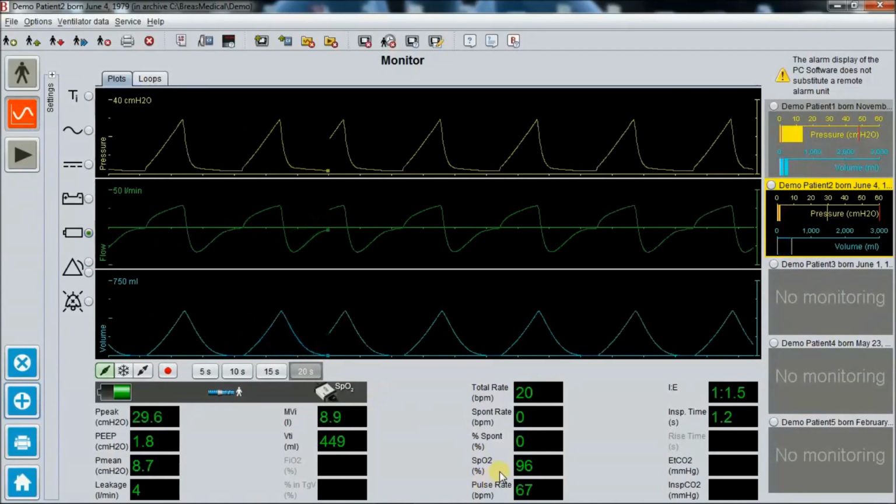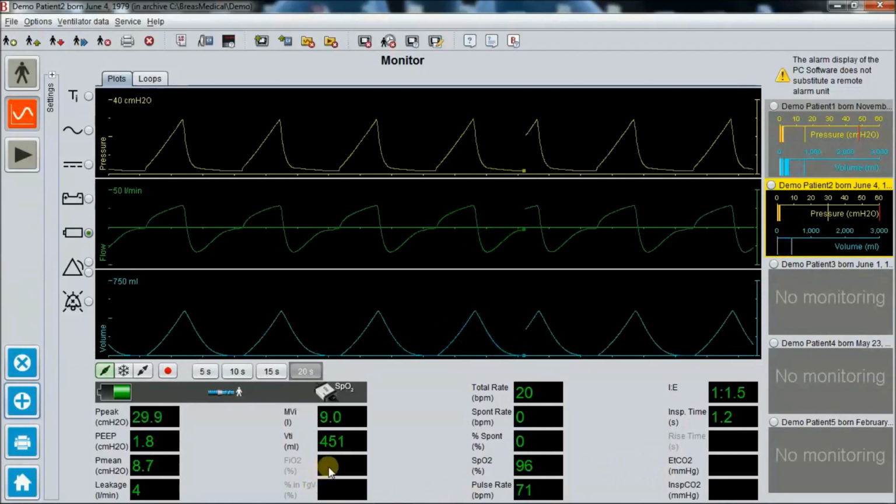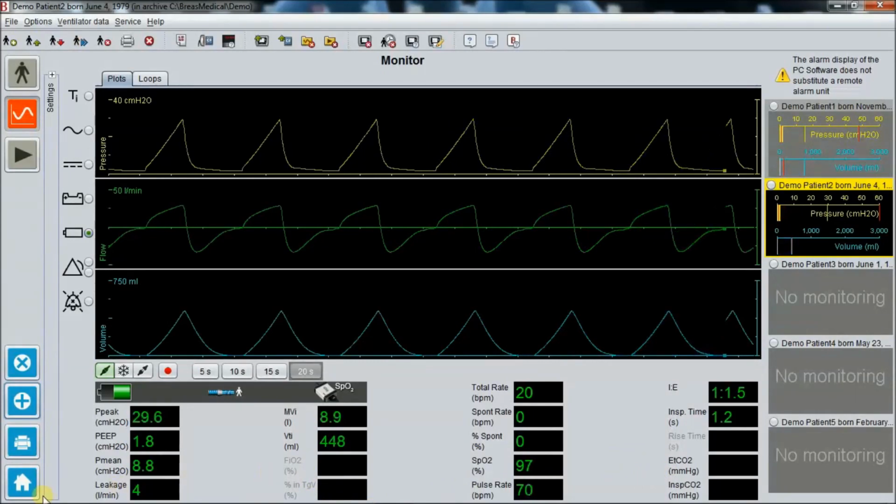It is important to note that data from the pulse oximeter, end-tidal CO2, as well as the FiO2 can also be displayed via the same monitoring system. As you've seen, the Breas Vivo PC software offers you a high-end and easy-to-install solution to remotely monitor your ventilators